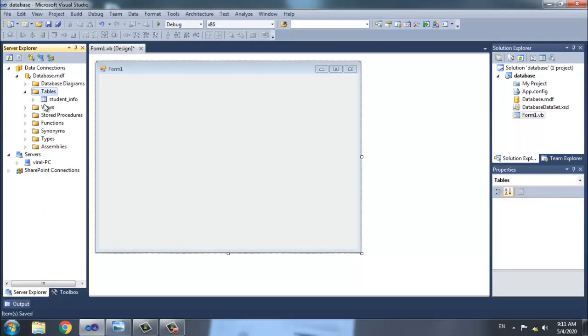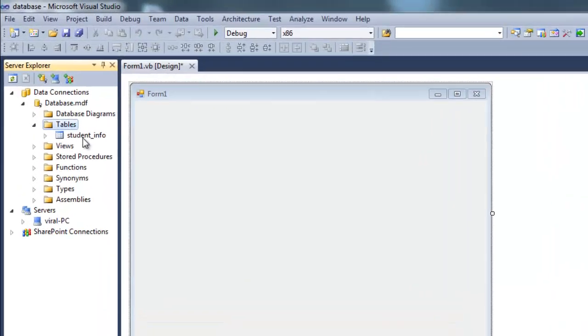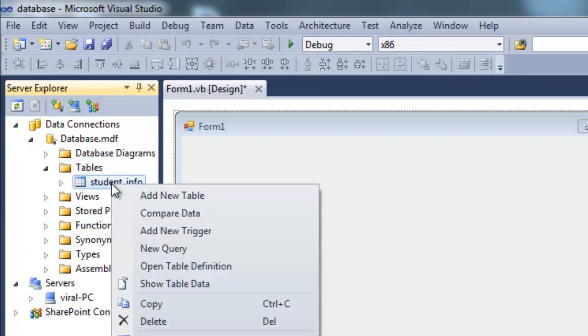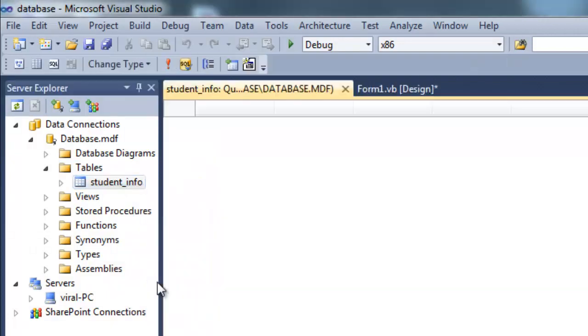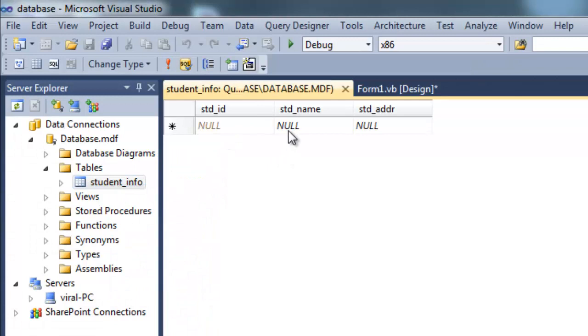Okay, here you can see that our table is shown in database. Now we have to enter the data in table, so right click on table, show table data. Click on show table data. Now I will enter data, and you can see student ID column auto incremented.